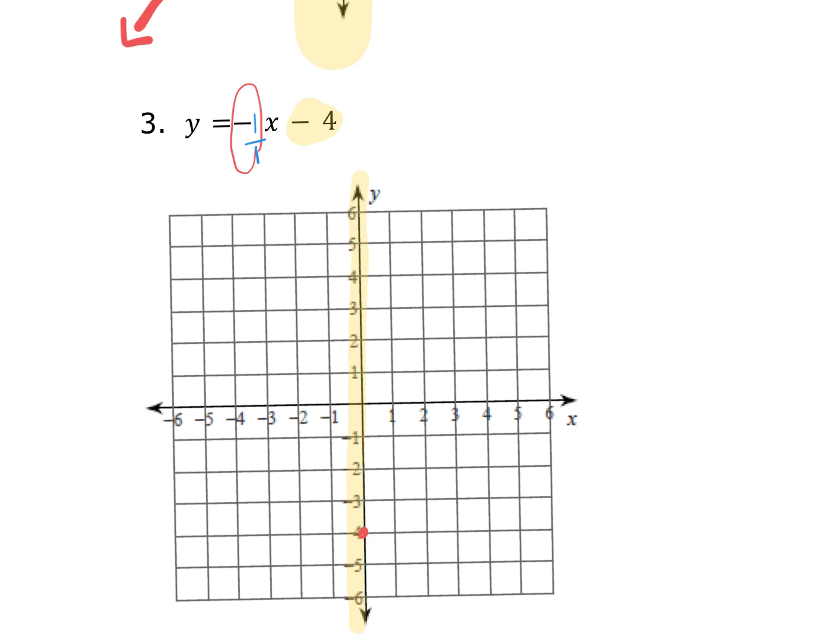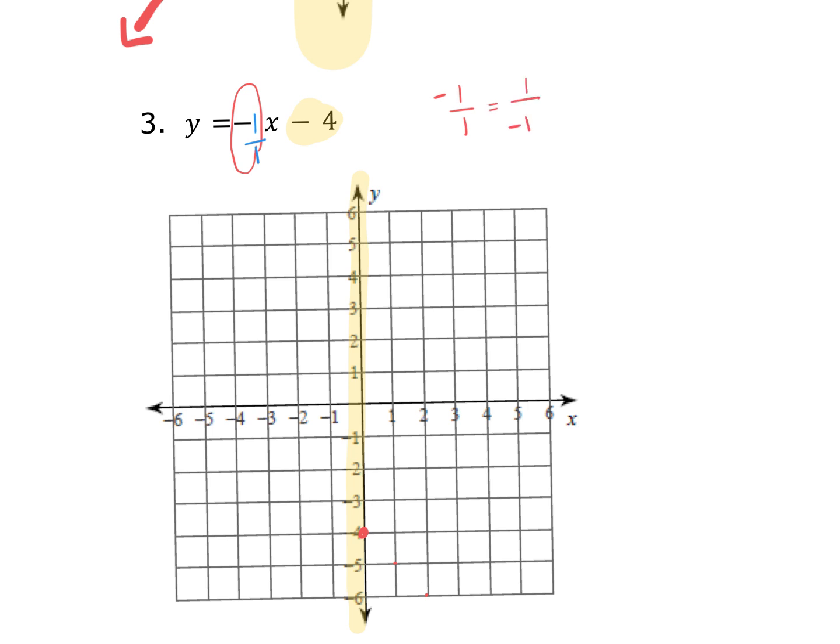But that bottom number, the denominator, when I do the negative 1 over 1, that bottom denominator is positive. So we still have to go to the right. So I'm going to go down 1 to the right 1. Down 1 to the right 1. And if I can't go down and to the right, then I'm going to do the opposite. So the opposite of going down 1 and to the right 1 is going up 1 and then to the